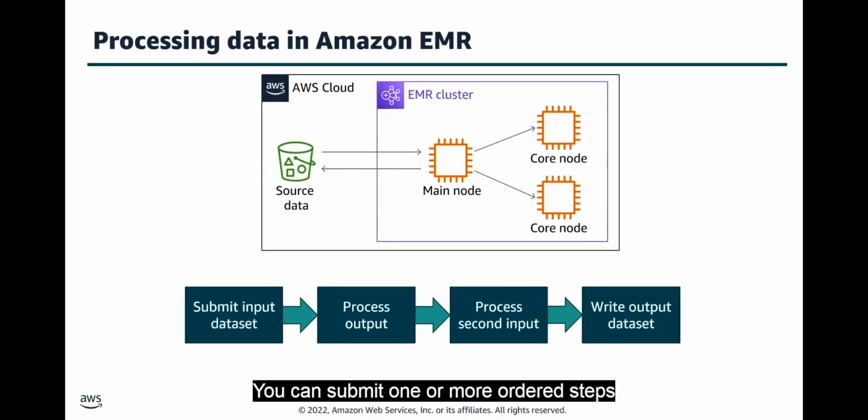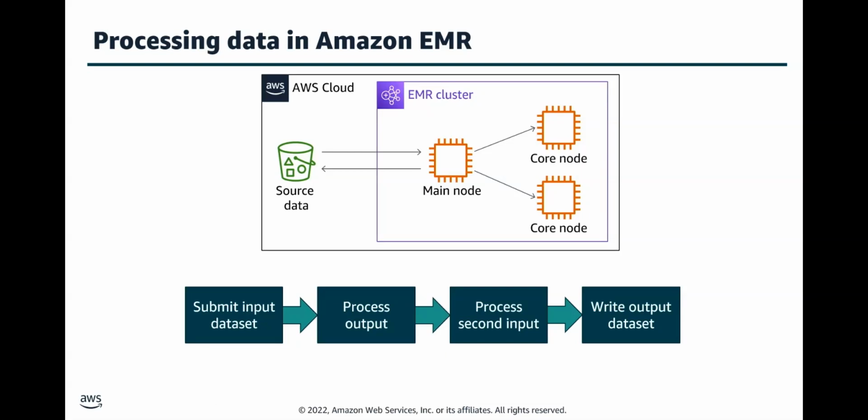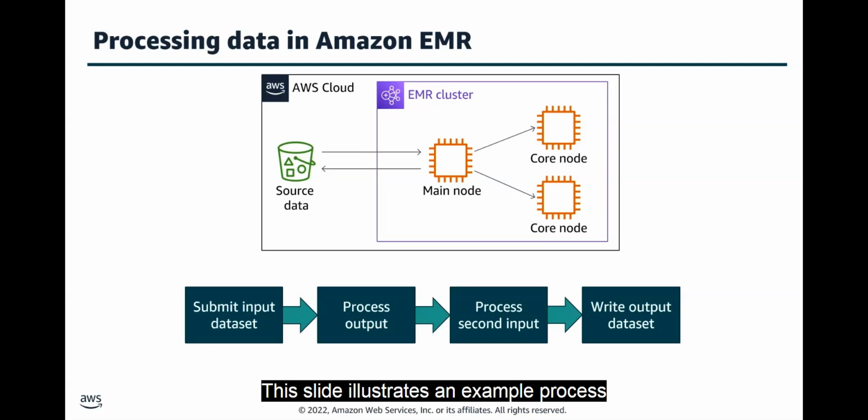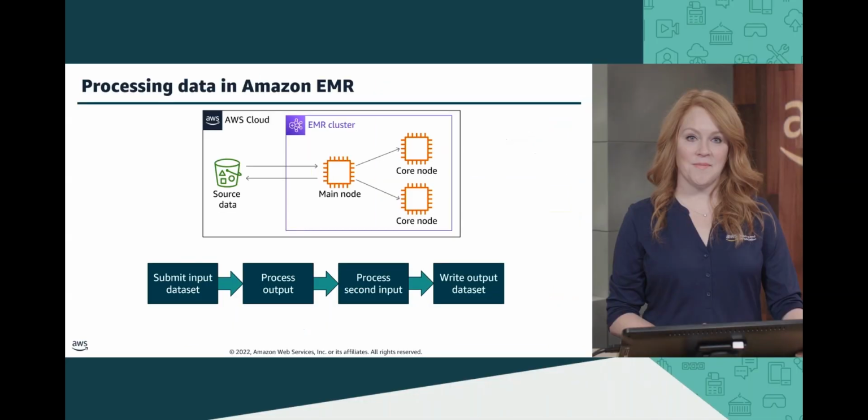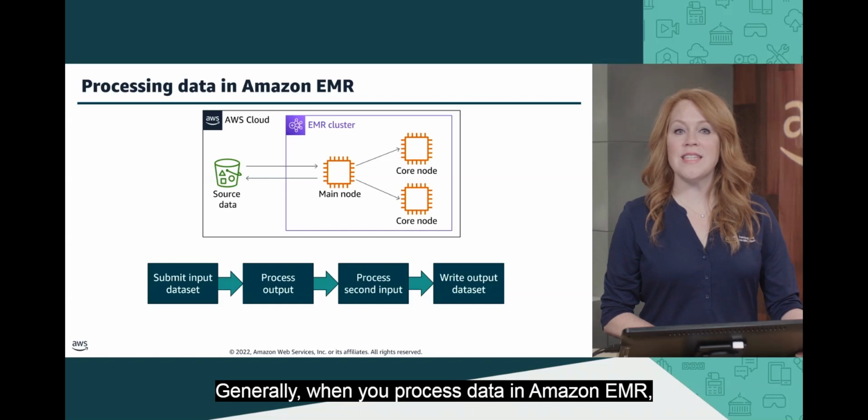You can submit one or more ordered steps to an Amazon EMR cluster. Each step is a unit of work that contains instructions to manipulate data for processing by software that is installed on the cluster. This slide illustrates an example process that uses 4 steps. Submit an input dataset for processing, process the output of the first step by using a Pig program, process a second input dataset by using a Hive program, and write an output dataset. Generally, when you process data in Amazon EMR,